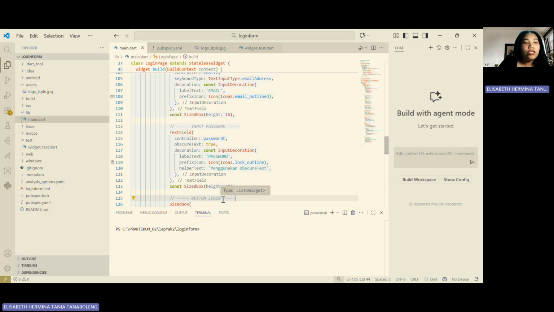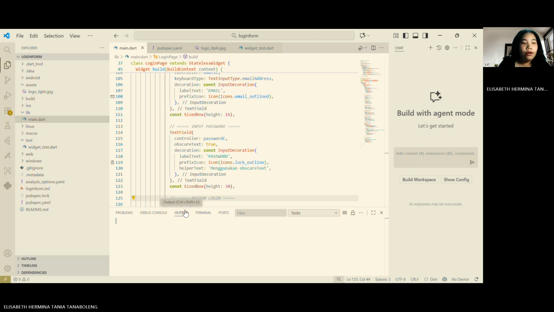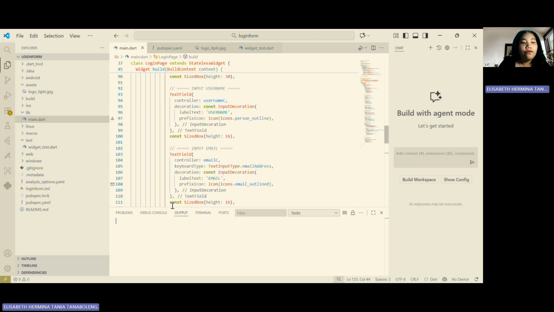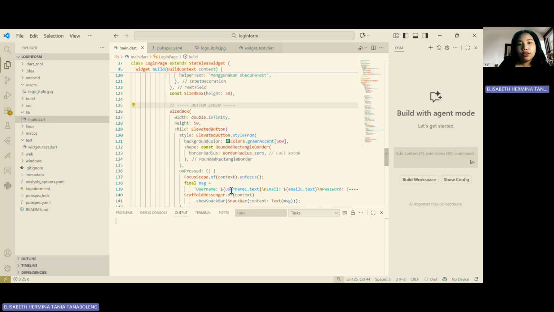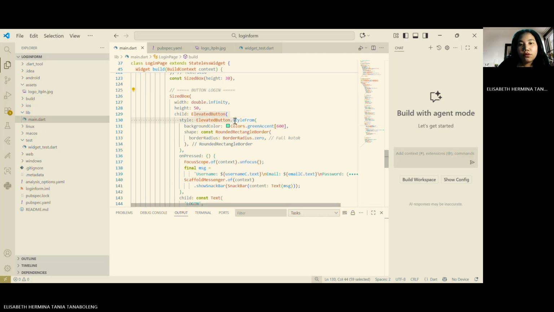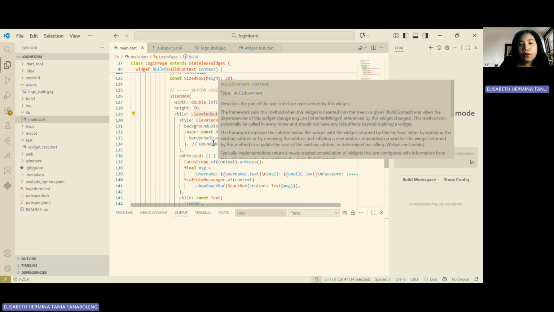The password field uses the obscureText true property to obscure the text for security. Below the input fields is a login button created using an ElevatedButton. When pressed, the program closes the keyboard and displays a message via SnackBar containing the user's input data,